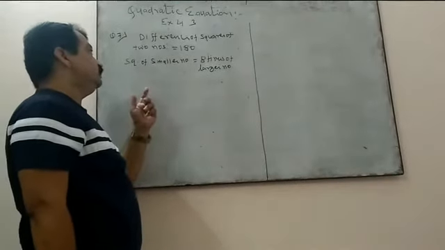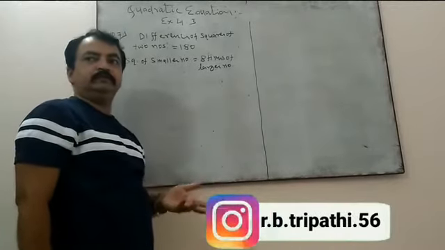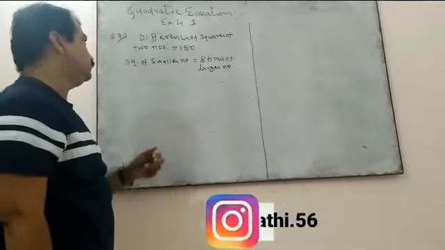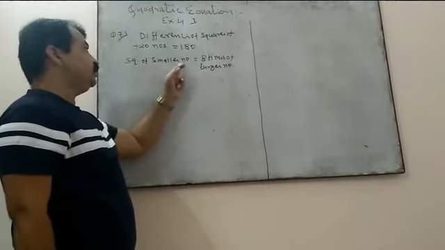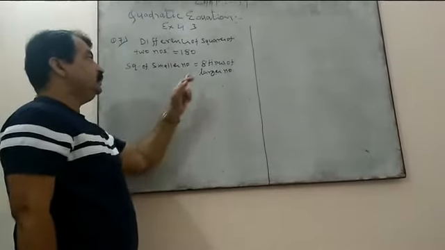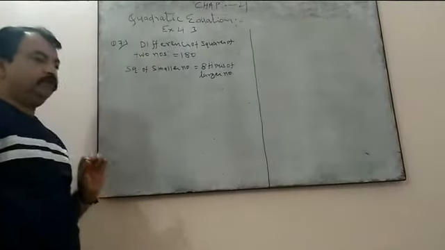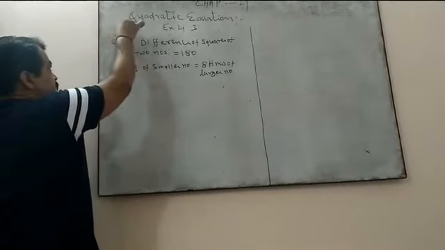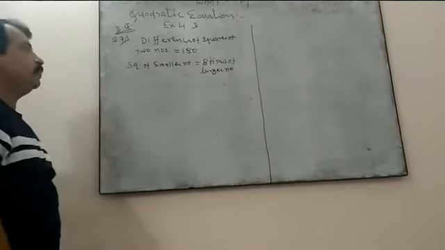And the relation given, of course, out of the two numbers, obviously one number may be larger and another may be smaller. So the relation given is that the square of the smaller number is 8 times the larger number. Are you getting the question? This is a very important question, children. This is a board question, so be careful on this question.